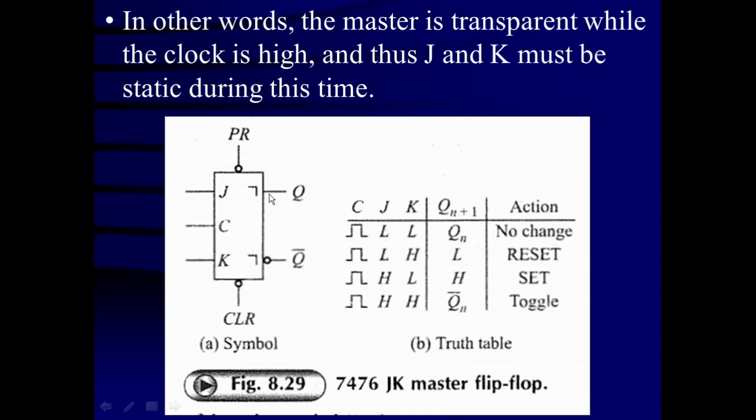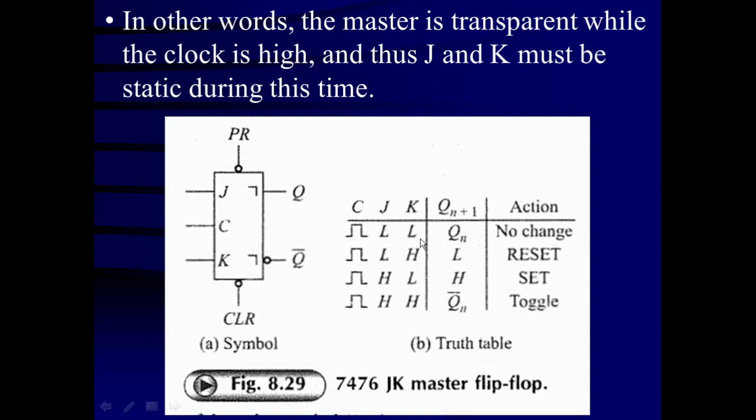Here the Q and Q bar outputs are there, and they are complements of each other. Second, this kind of symbol means the level is changing from high to low. That means the output of this flip-flop is going to be set according to the clock level changing from high to low only. In both cases, Q and Q bar change state only when the clock makes a transition from high to low.